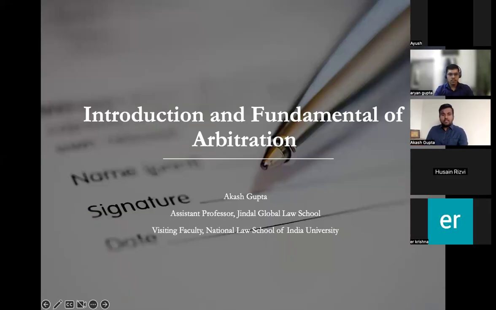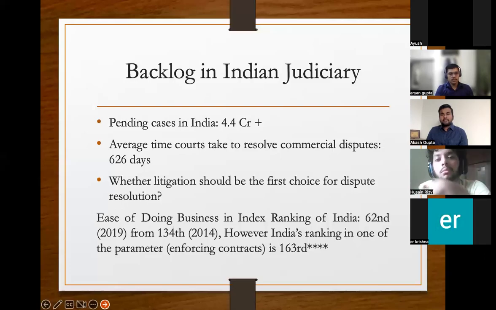So let's start with the first part of the slide. Why do we actually talk so much about arbitration? Why is arbitration the buzzword? Because if you have to resolve disputes in India, there are two ways to resolve. One is the traditional methods of dispute resolution, which is more like you go to courts. So for example, let's say you buy something from Amazon and then you have an issue, you have a consumer forum. Consumer forum is more like a tribunal setup under the Consumer Protection Act, from where you can resolve the dispute. The other option under the Consumer Protection Act 2019 is that you can also try out mediation.